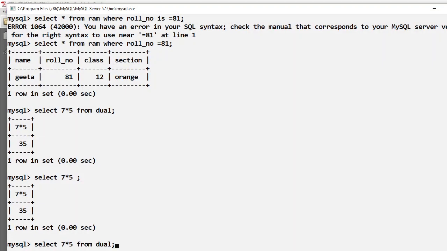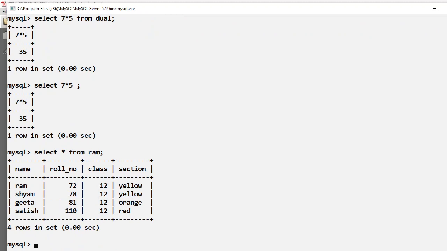Now my existing table is this, and I want to perform that calculation.